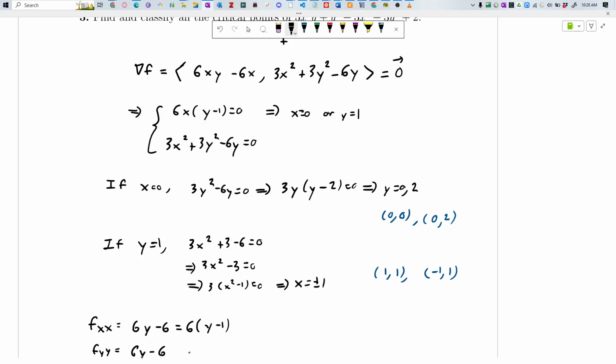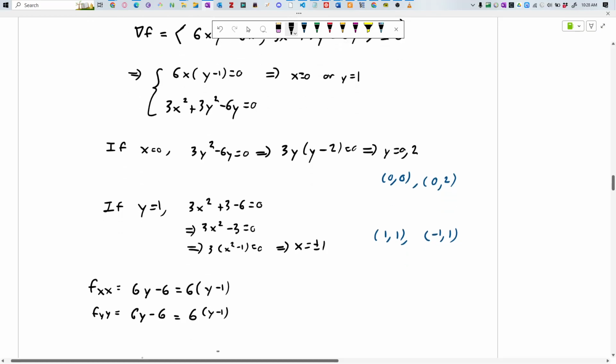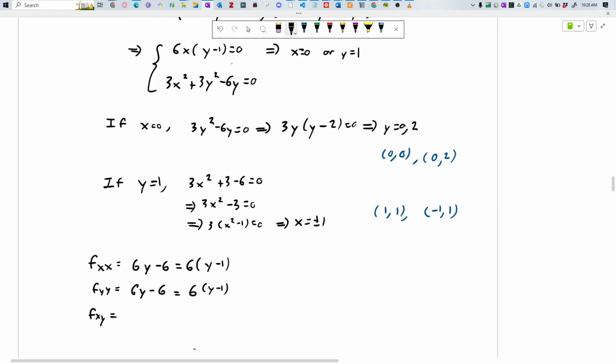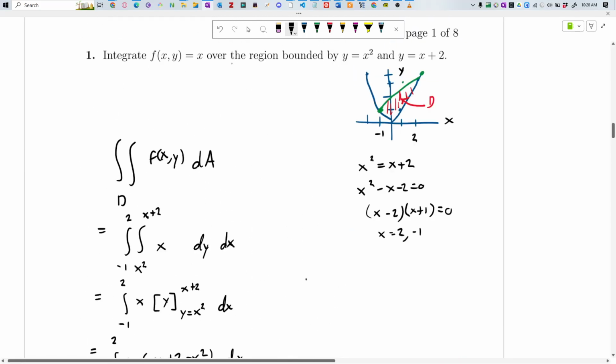Yeah, that looks right. Okay, so then 6y minus 1. And then f sub xy. Taking the y derivative of this just gives me a 6x. Okay. And so all together, what this tells me, the discriminant, I think the formula is given to you, but